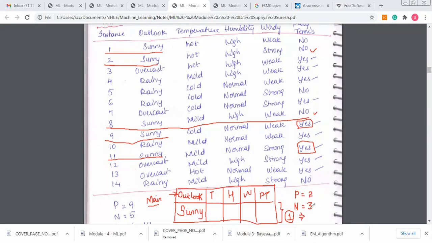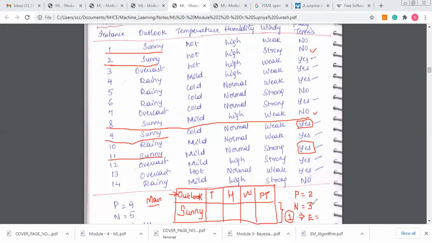Entropy, ma'am. Calculate the entropy. First step is calculate the entropy of this table or the previous table. This table, ma'am. So you're going to substitute the value of P and N now as 2 and 3, or 9 and 5. 2 and 3. Yes. So you're clear about this. Nice. So let's go ahead and substitute, because you're going to calculate the entropy for the new table that we have constructed. Positives are 2 and negatives are 3.